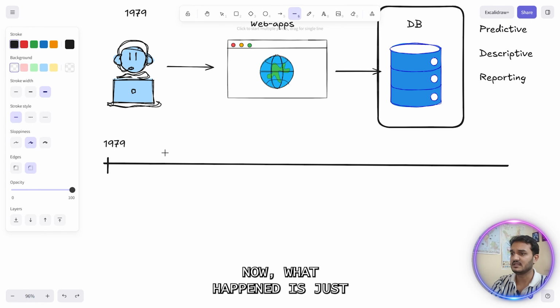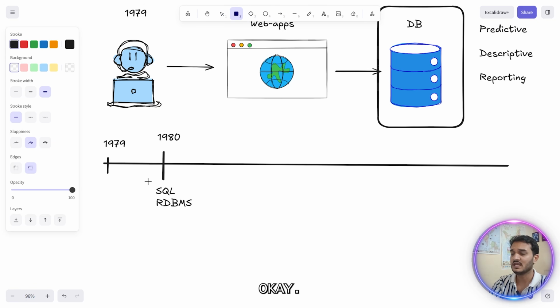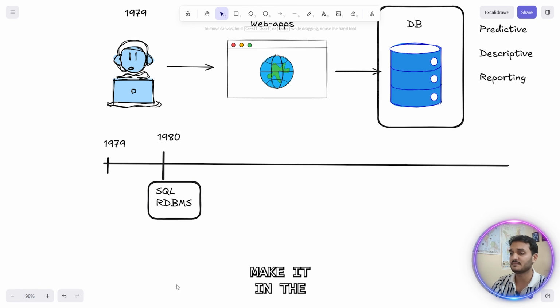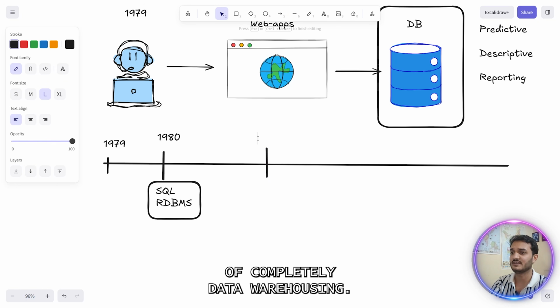Now, just one year later, in 1980, a revolution happened. Companies started creating the technologies. SQL was born, and then RDBMS was born. If you don't know, these technologies were developed by IBM, and Oracle was the one which made them popular in the market. So from the 1980s till around 2000,